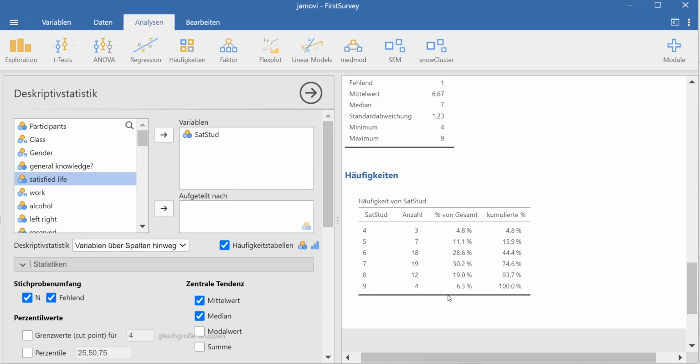I don't know why it doesn't create frequency tables for interval scale data. I don't know, but that's just the case. Okay,